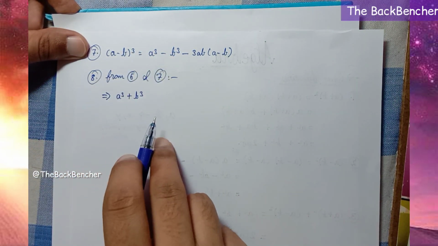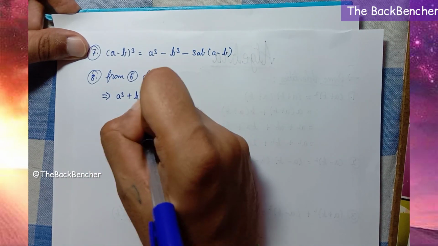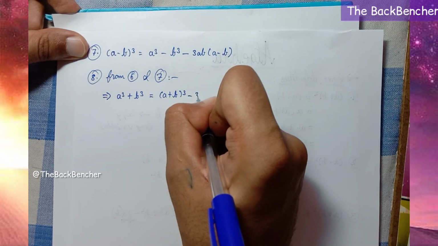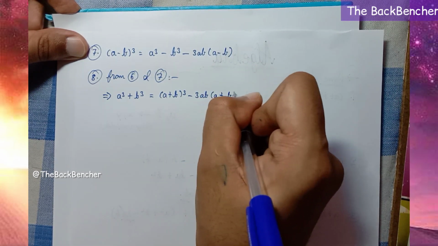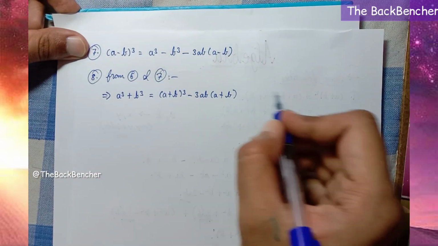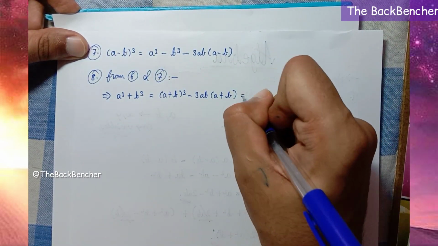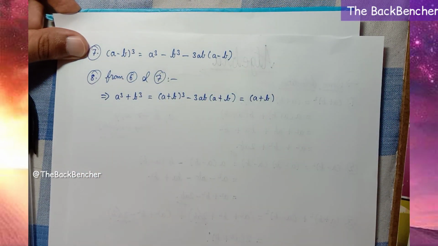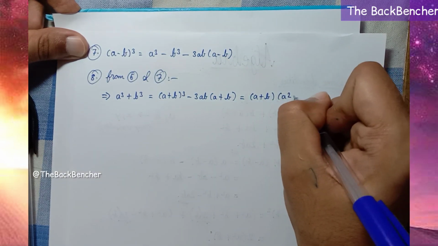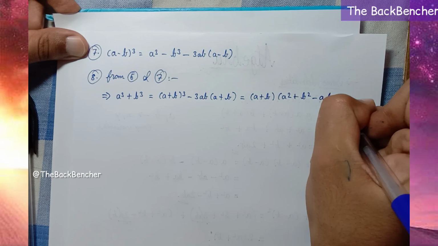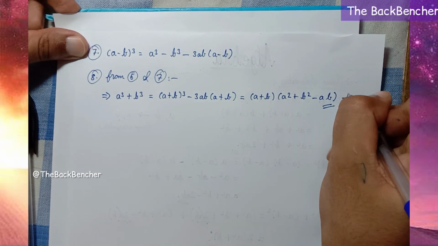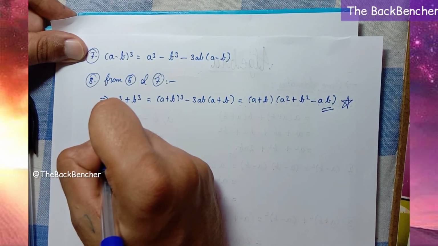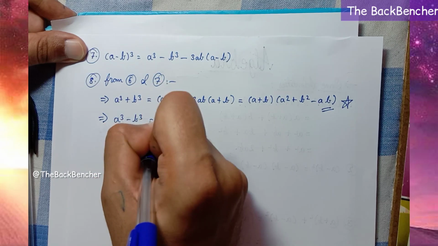a cube plus b cube, we are just transposing one variable from one side to another side. So a cube plus b cube is equal to (a+b) whole cube minus 3ab(a+b). It's just the game of plus and minus. We are just transferring variables from one side to another side. After further solving it, we will get (a+b)(a square plus b square minus ab). This equation is very important in various examinations like SSC CGL tier 2 and CGL tier 1,